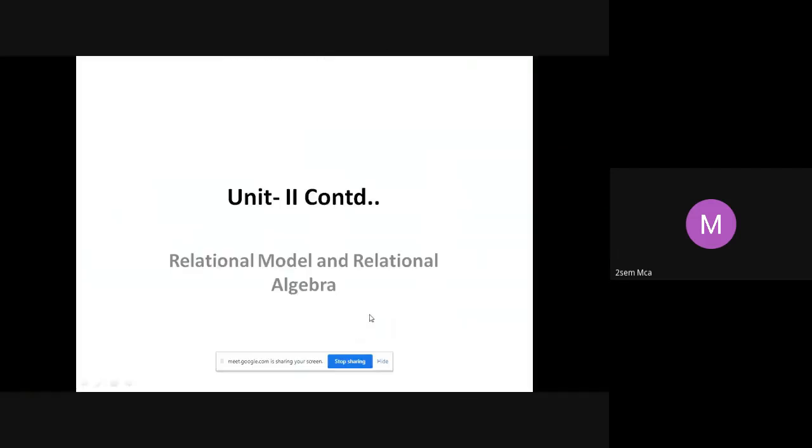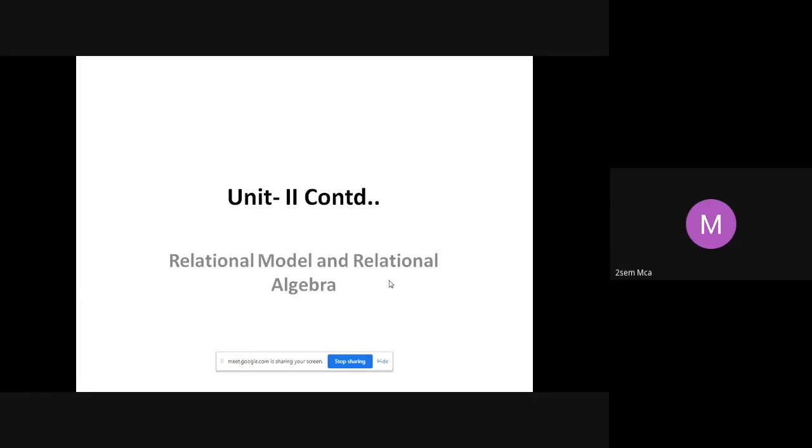Okay, so today let us continue with what is called the relational model and relational algebra. This is also a very important concept. Actually, this is seen as a separate chapter itself, but in your syllabus they have included the ER model, relational model, then normalization, everything in the same unit. It's not properly separated out, is what I'm feeling. Anyway, let us continue with what exactly is the relational model and relational algebra.